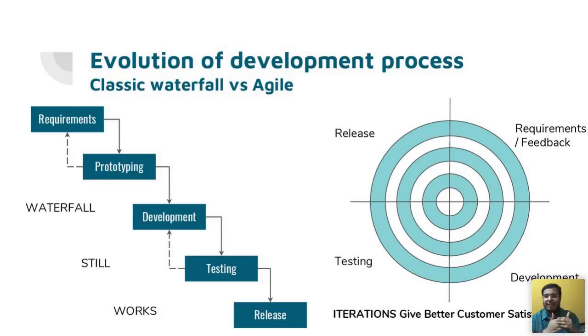I agree it will have all the features, but then it's going to take a long time for the user to start seeing the features, and a long time for the organization to start making money, right? So in iteration, an MVP will be delivered to the user, say in 1 or 2 weeks. You will start seeing the users using it. Probably the organization can also make money from that, right? So that is where the power of Agile comes.